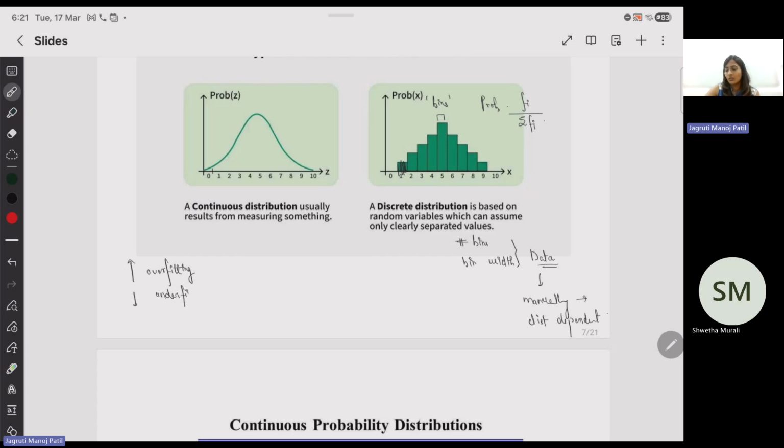And there are criteria for the same, that how should you take it? You should take it from the minimum of the data set to the maximum of the data set, and there are criteria which follow a particular probability law. So if at all you need, you can have a look into it. So that is how discrete distributions are, and that's where we left off.